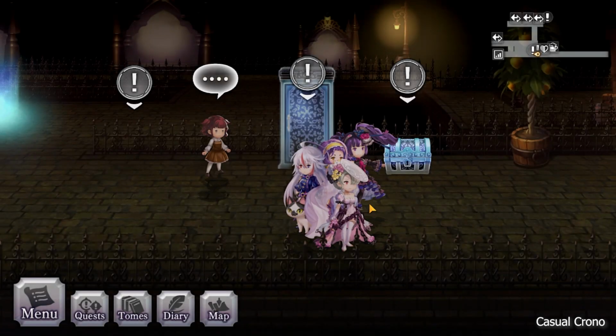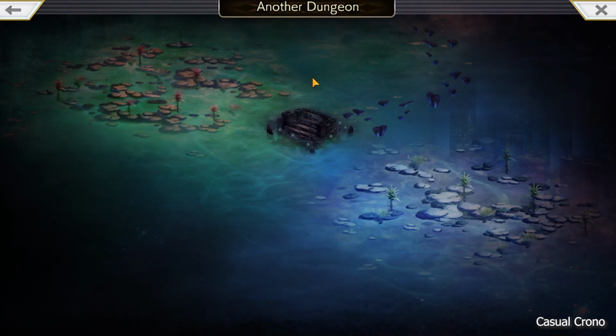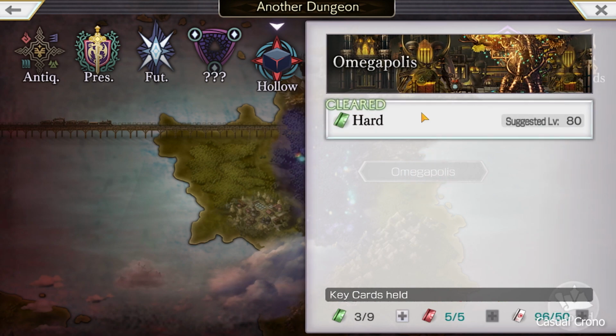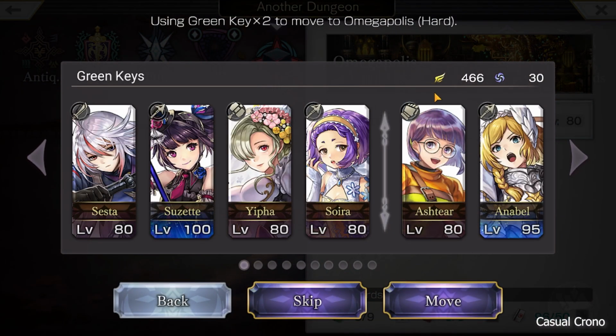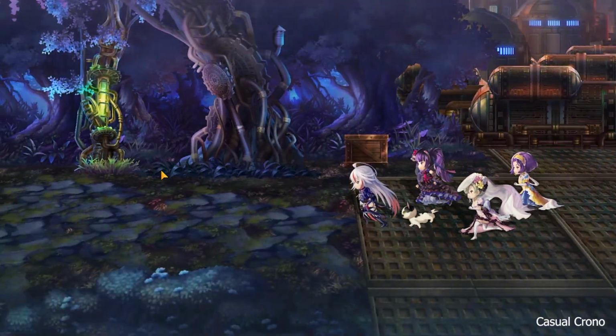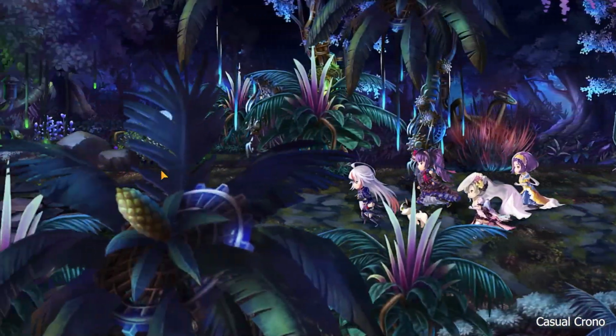When you complete Chapter 92, you gain access to Hollow and other dungeons, the first being Omegapolis. Omegapolis gives you a chance to raise Ash Tier's light points. So if you have Ash Tier and you can keep her included while maxing out your rewards, by all means do so. The main currency for Omegapolis is in this first little area,